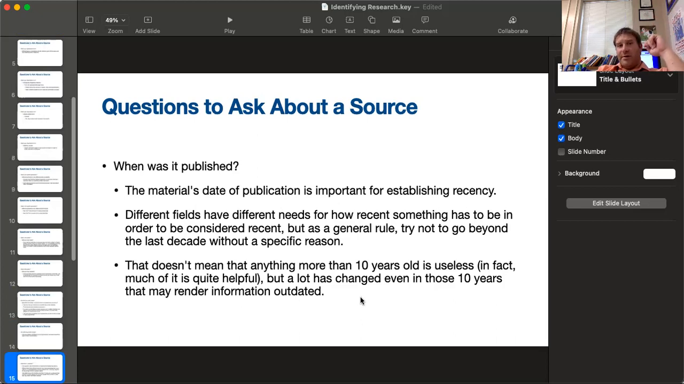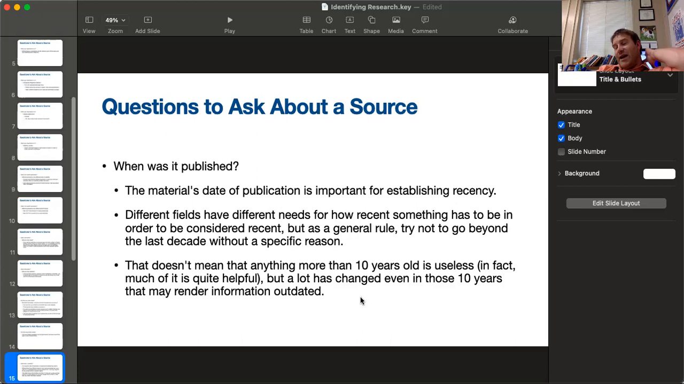When it was published is another question you need to ask. A material's publication date is important for establishing recency. Different fields have different needs for how recent something needs to be in order to be considered recent. But as a general rule, try not to go beyond a decade without a specific reason. It doesn't mean anything older than 10 years is useless. In fact, much of it is quite helpful, but a lot has changed in those 10 years and may have